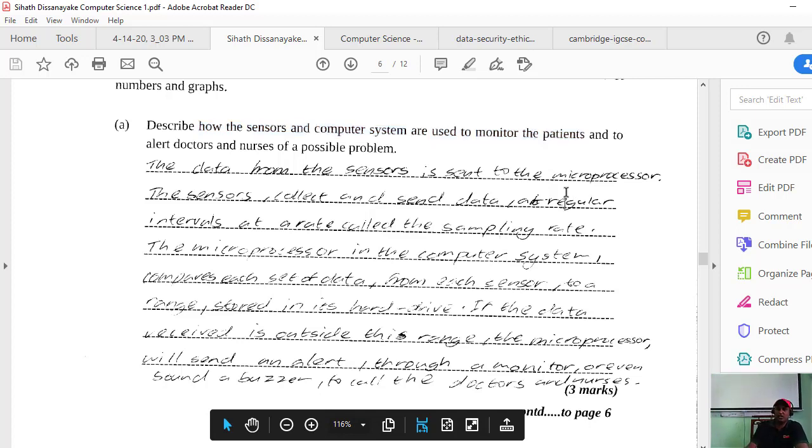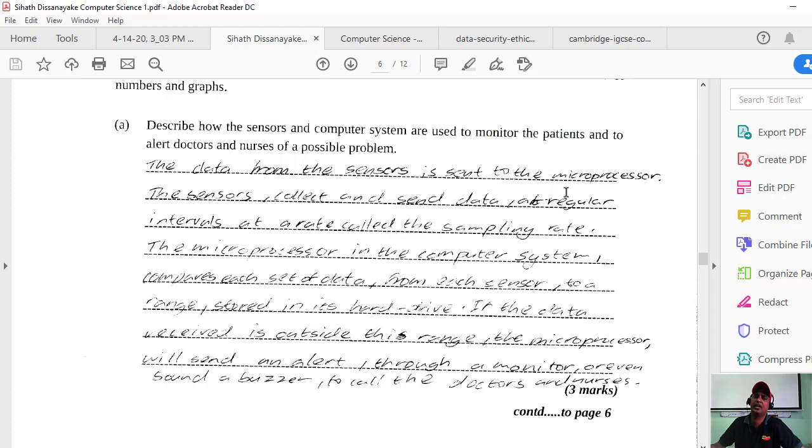Yeah, so it's like this. What kind of alert? It says to alert doctors and nurses of the possible problems. So describe how the sensors and computer system are used to monitor the patient, and to alert doctors. Normally, with the computer system you can say, using the range of some result, right?